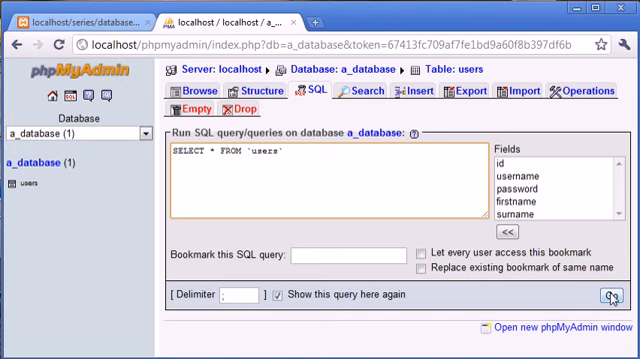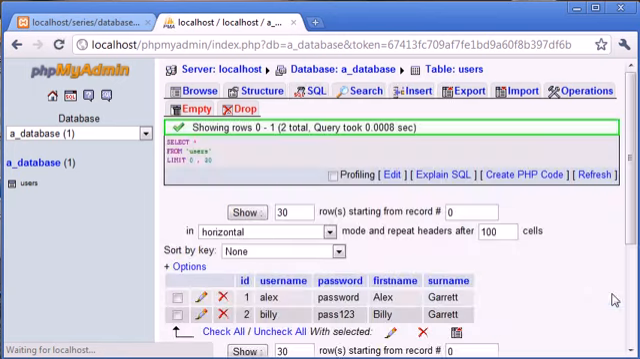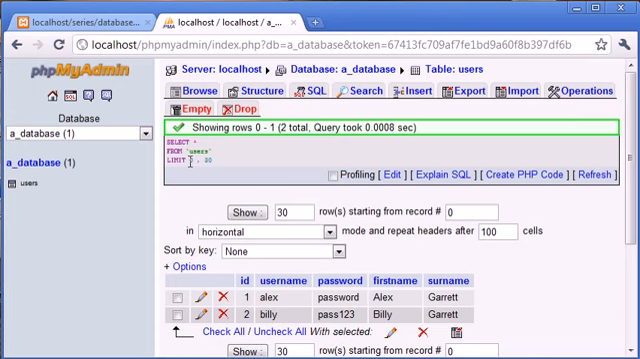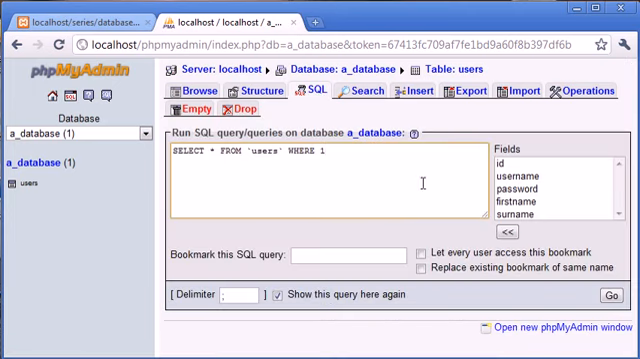So now I'm going to click go, and you can see that this is showing rows 0 to 1, 2 total. The query took a number of seconds, and it's shown our query here with this limit on the end, which I'll explain soon. But we've retrieved exactly the same data as if we were to click browse. So this SQL query for us at the moment is useless inside phpMyAdmin, but when we're working within PHP, we might want